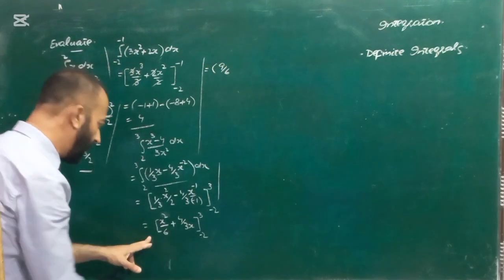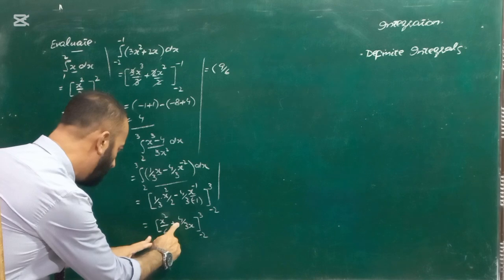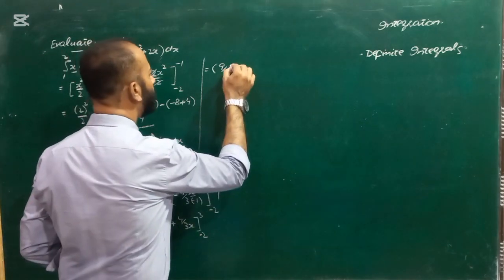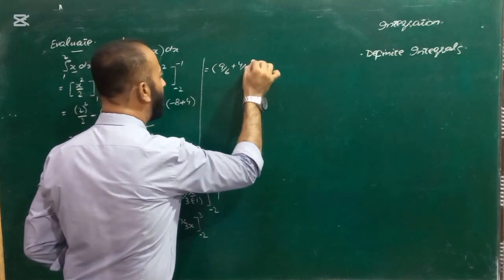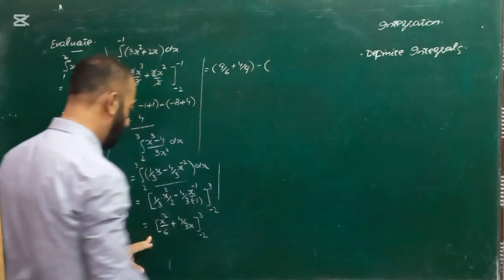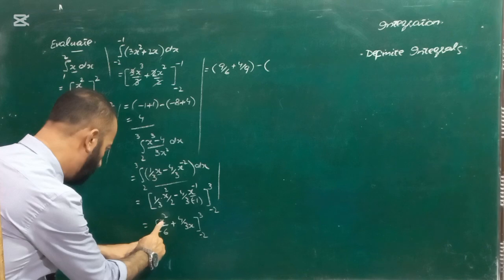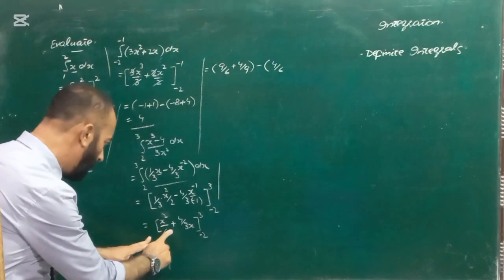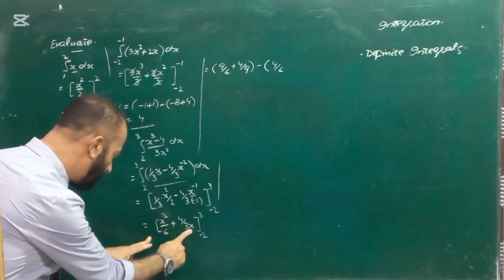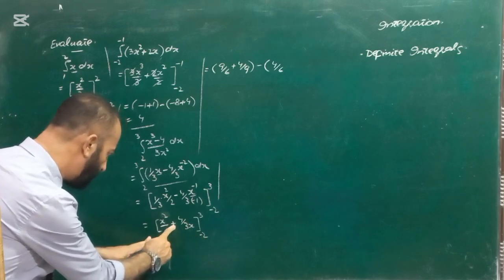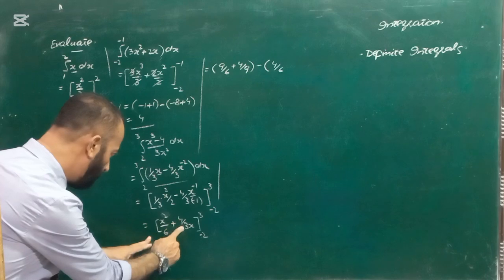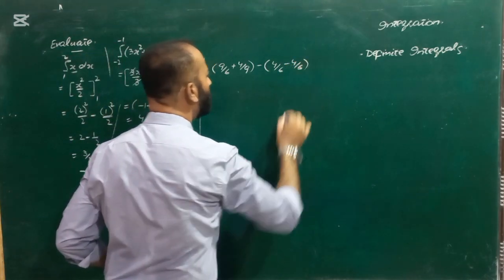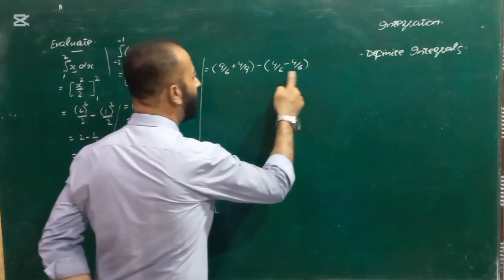So the upper limit is going to be applied: plus 4 by 9. The upper limit is applied minus the lower limit, so minus 2 square 4 by 6. Plus, because minus 2 will be placed here, so minus plus minus, so minus 4 by 6. This factor will be cancelled,